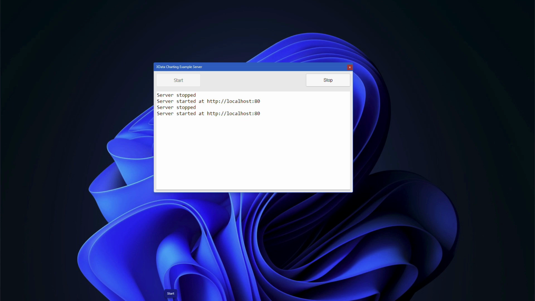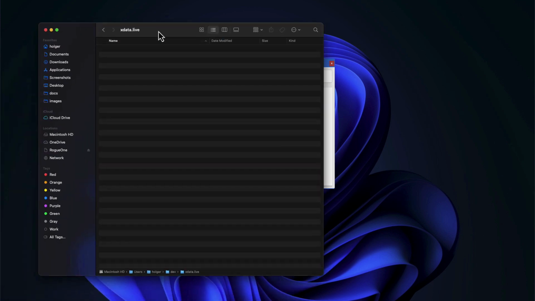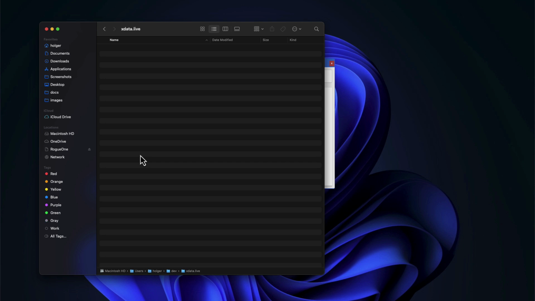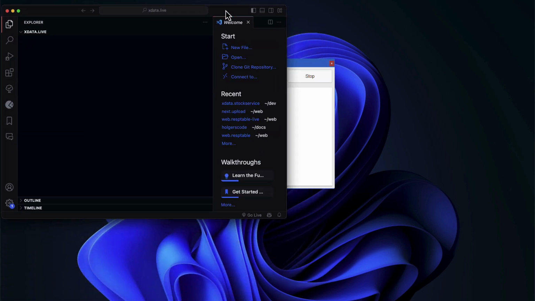Welcome back. Now we're up for web design, creating the web application. Inside of this virtual machine, our example server is running on port 80, and on my Mac, you can do the same thing on your Windows machine. I now have created a directory, XData live, it's empty, and I drag that into my Visual Studio Code